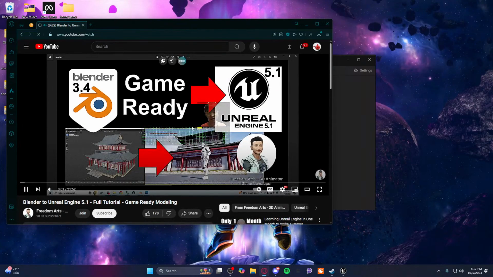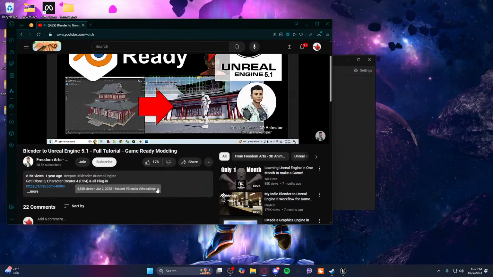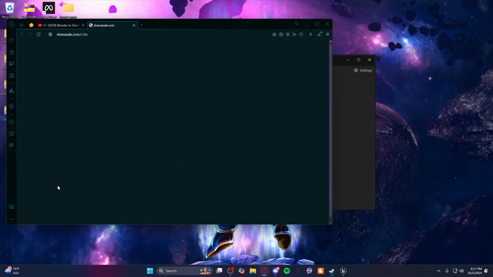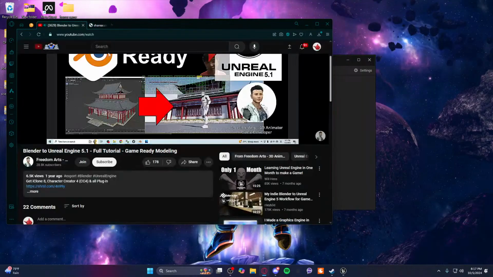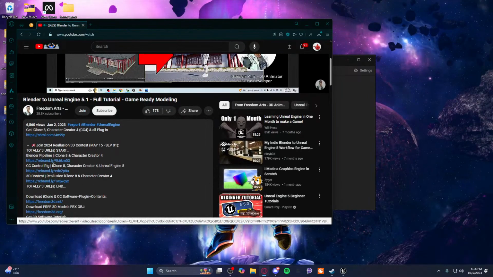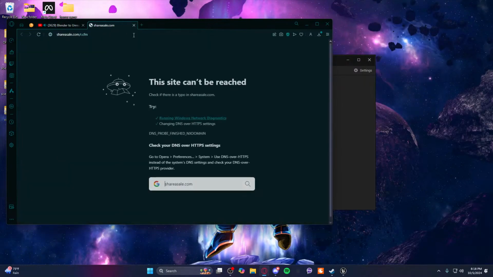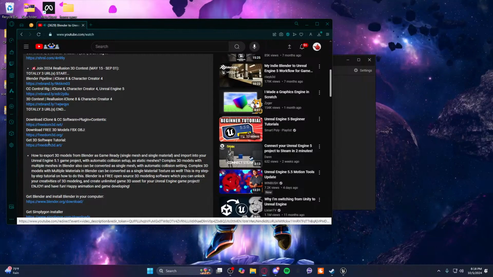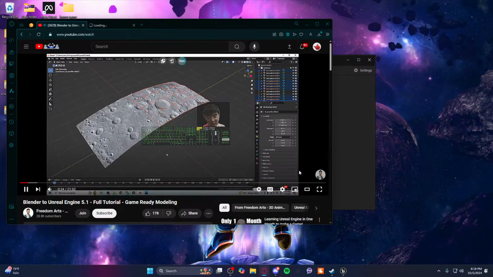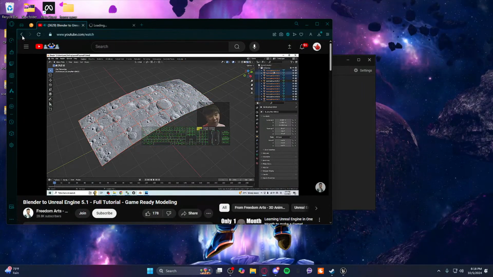Hey guys, my name is Freedom. Today I'm going to show you how to export your 3D models from Blender 3.4 to make them game-ready 3D models and import them into Unreal Engine 5.1 to make them game objects, any of the terrain that already have the collision setting. You can see actually in Blender 3.4, or any version of Blender, once you already finish the 3D modeling part, sometimes it involves